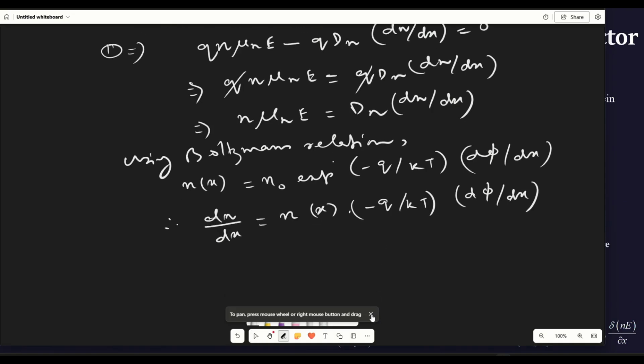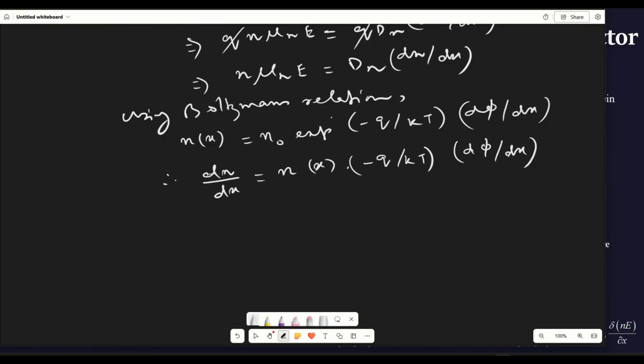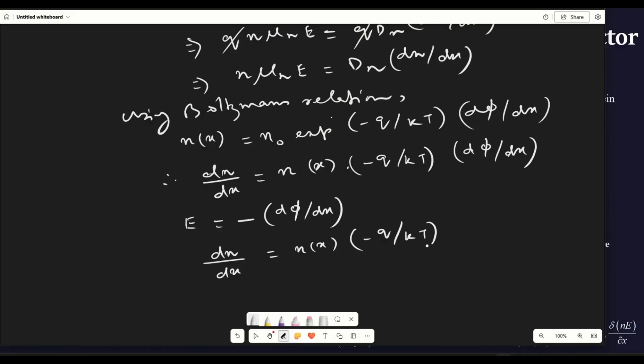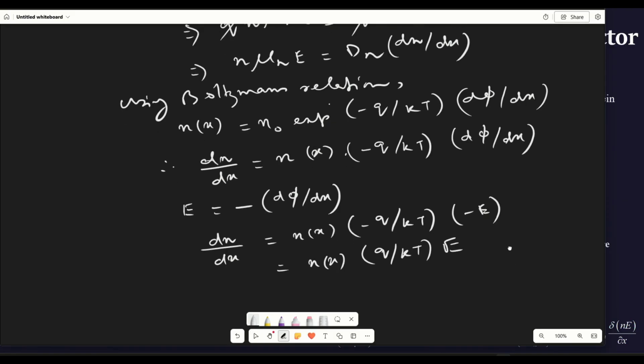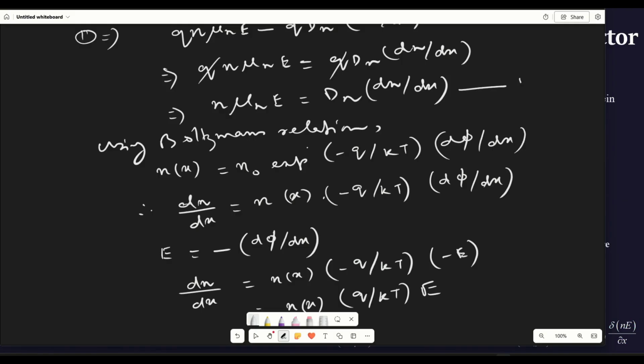So moving further, the electric field is given by minus of d phi dx. So if we put it here in the equation, we can write it as nx minus q by kt into minus E, which will be finally equal to nx q by kt into E. Okay, so now putting these values in this equation,